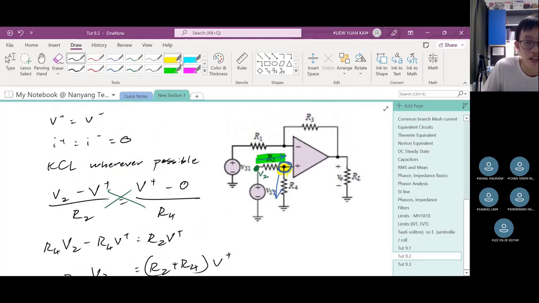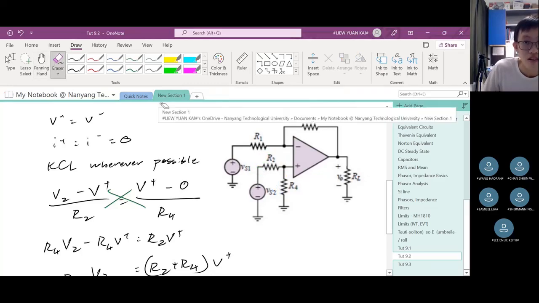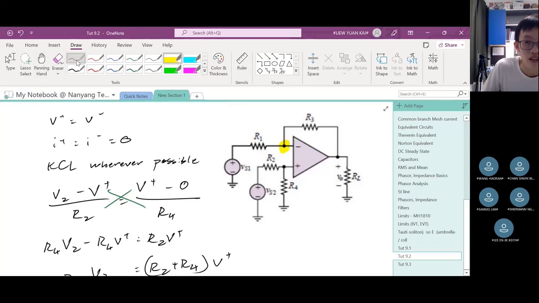So let us move on to do another KCL wherever possible. Another KCL would be at this node, at the negative terminal of the op amp. So let us assume a direction like this and like this. KCL at that node means current going in equal to current going out. So the current going in is V start minus Vn. In this case, V start is V1, right? This Vs1 should give me V1. And current going out is,